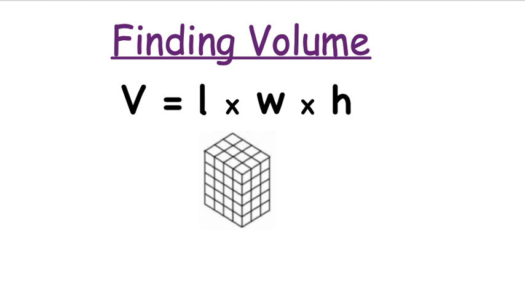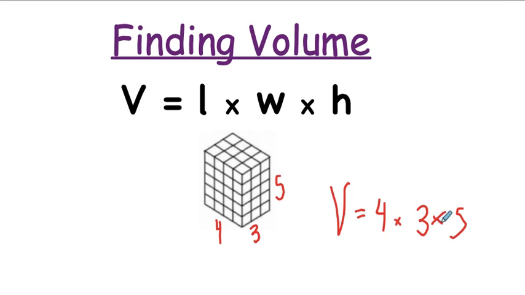Okay, so if we look here, we've got this first cube, which you've already learned how to do, where you mark the length, which is the longest side, so that's 4 cubes long, and then the width is 3 cubes long, and the height is 5 cubes tall. So volume, which is capital V, is length times width times height. So our length was 4, and we multiply that by our width of 3 and multiply that by the height of 5. Now, we can do 4 times 3, which is 12, and then multiply by 5, which is a total of 60. Now, we don't have a measurement, so we're going to use our general measurement of units cubed